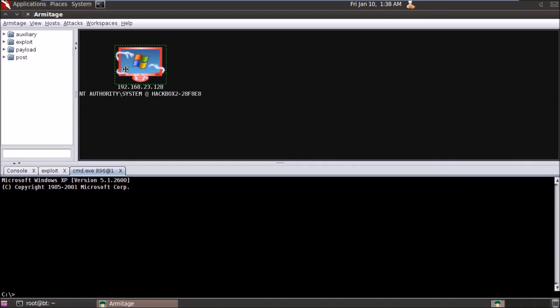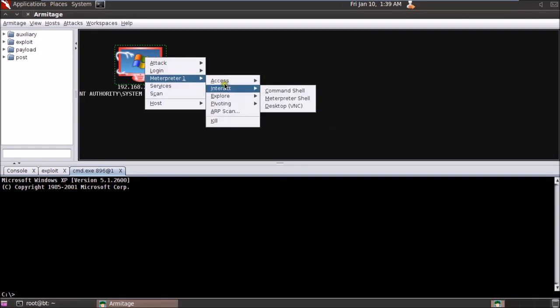What I'm going to do now is, I'll show you some other ways to hack into someone else's system. Some people are not accustomed to the command prompt. Some people may not be that good with it. They might not know what can be done through the command prompt. So I have certain options for that as well. What I'm going to do here is, I'm going to click on Meterpreter